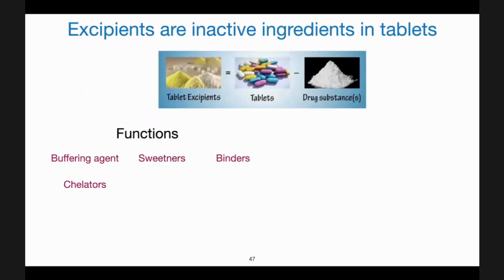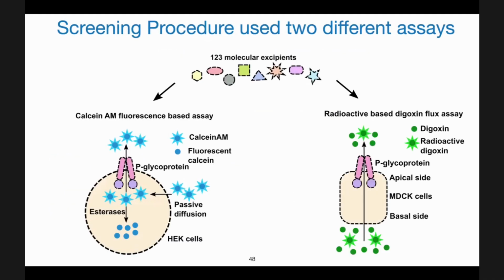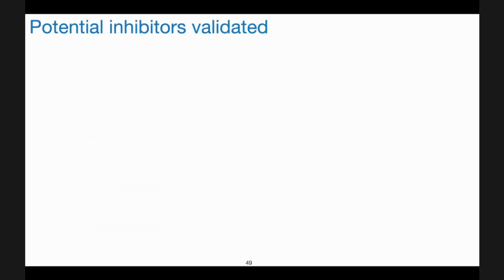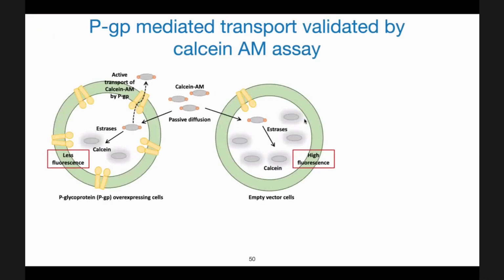Yeah, you are right, that method can be generalized. These are the methods that we used, and if you want to change the transporter, the calcein AM assay can be used for MRP4 as well as BCRP, as well as P-glycoprotein and others. So it depends upon your substrate, basically, which substrate you are using and the detection method. Okay. That makes sense.